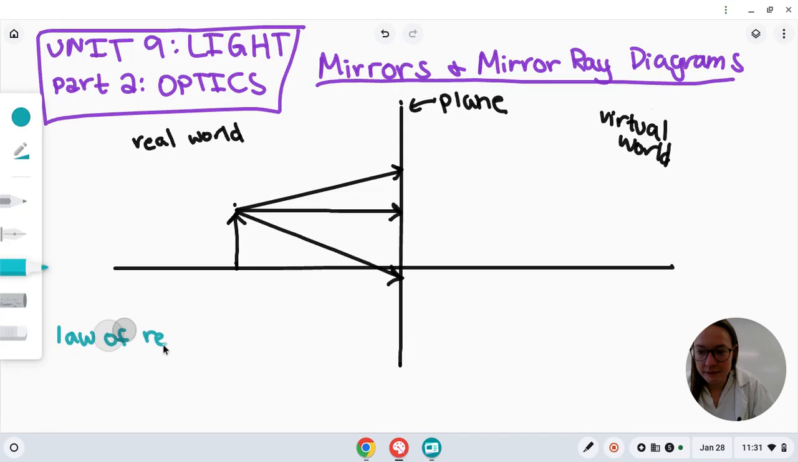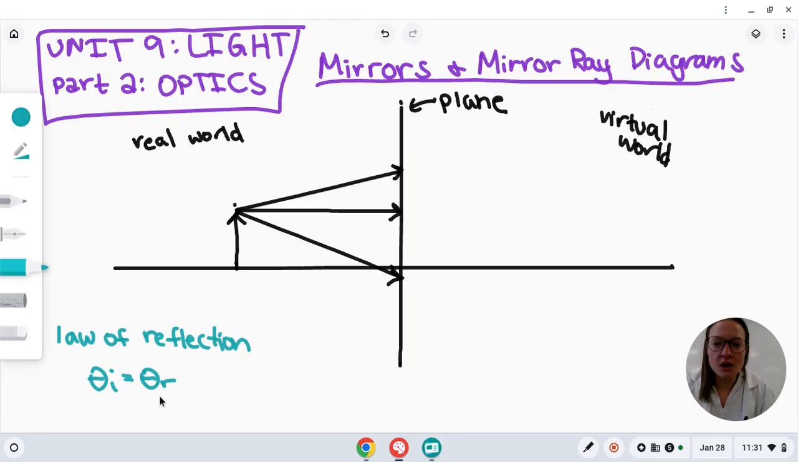The law of reflection says, as we've discussed before, that the angle of incidence is going to equal the angle of reflection, where these two angles are measured from the normal line, which is the line that's perpendicular to the surface that the light ray is bouncing off of. So here, you have this ray coming in. It's going to bounce off at some angle that is the same as the angle that it came in at,